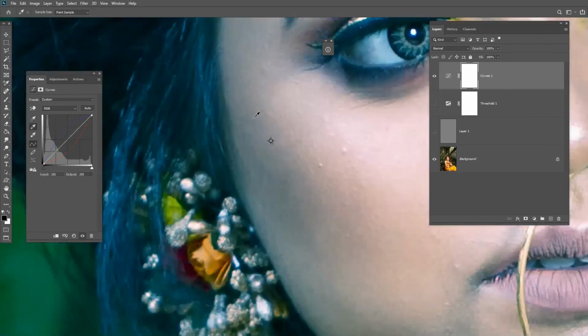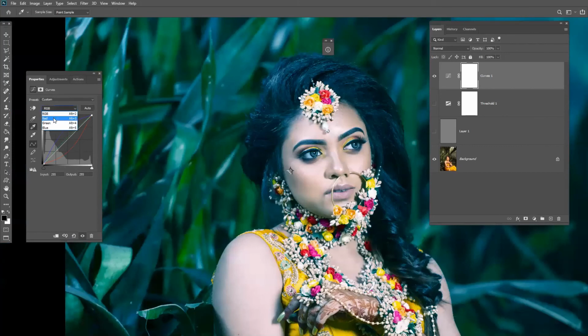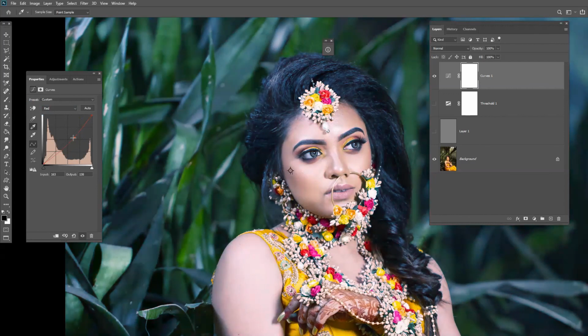You will see there is a calculation given to you in the RGB chart. Now we can go to the red channel. As we know, the intensity of cyan is a little more there, so we can pull down here. Then go to the blue channel. As the blue intensity is there, we can drop it down. As blue is more towards yellow, we'll look at the green channel, and do a little more work on the blue channel.